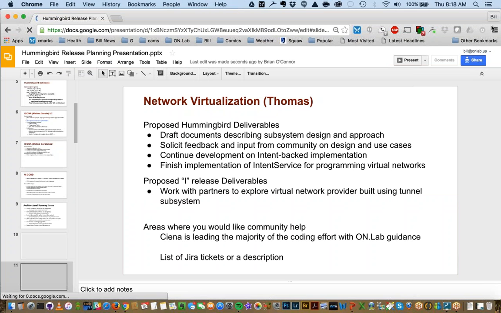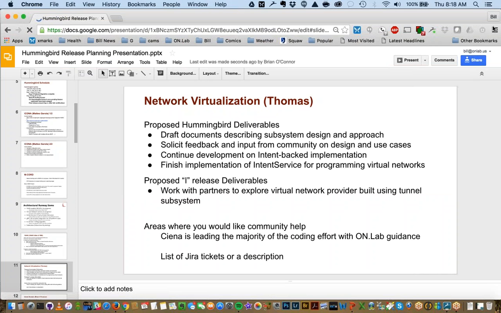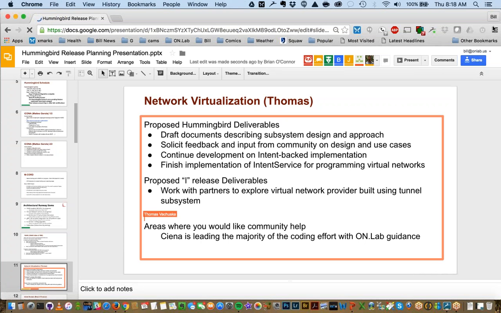Even though we have sort of decided, we want to still produce a set of draft documents describing the overall design and approach of the work that has been done thus far, and we will open it up both to inform the community as well as to solicit feedback and input from the community on this approach. Now, we intend to continue to work on the intent-based implementation,